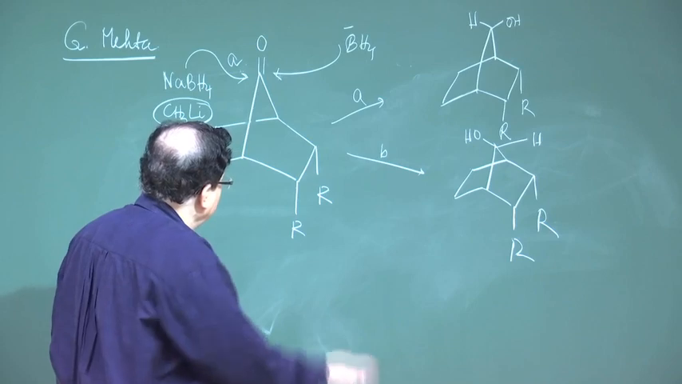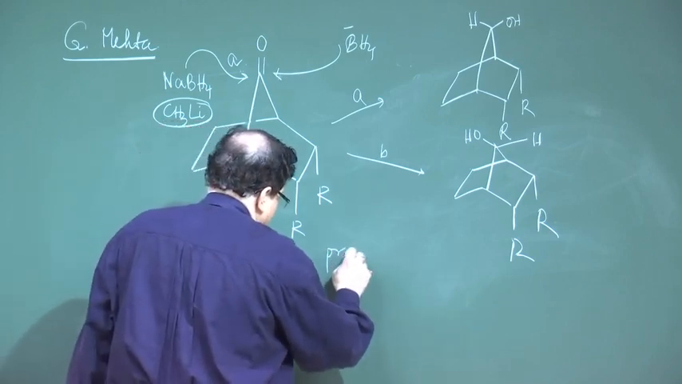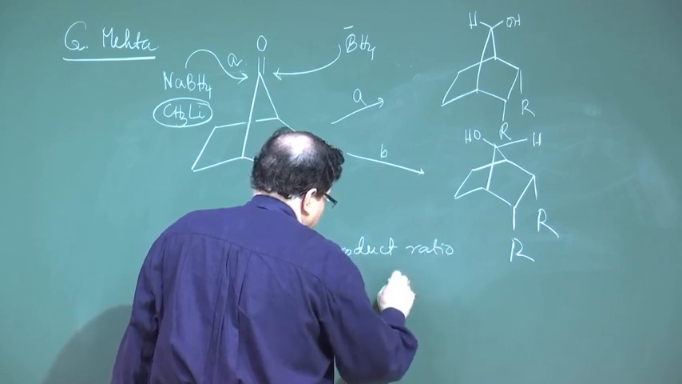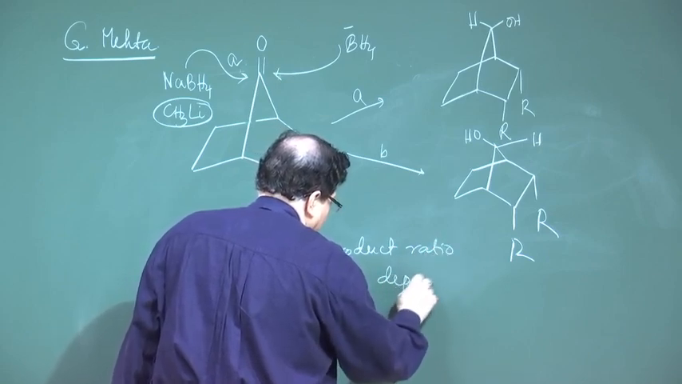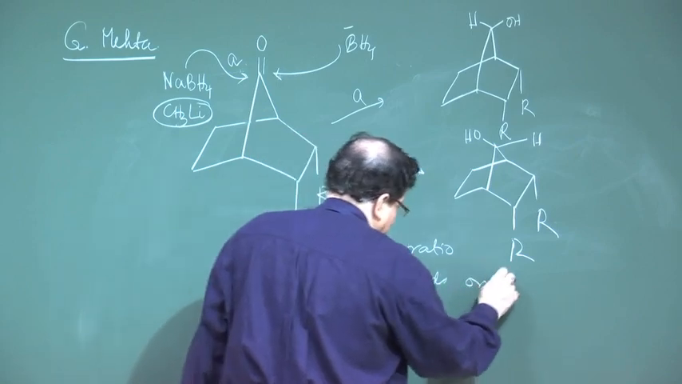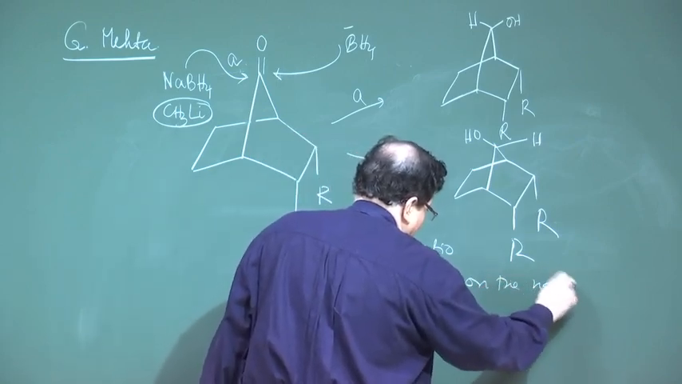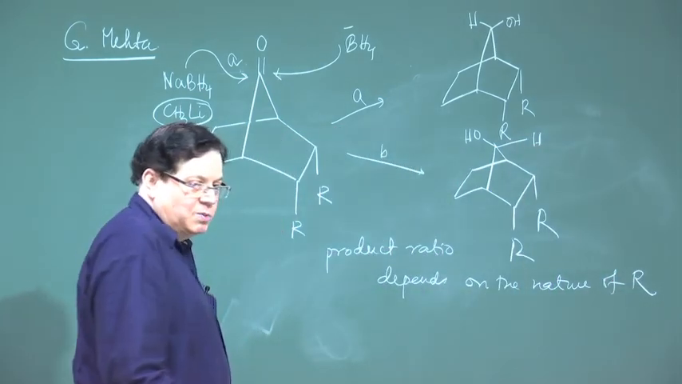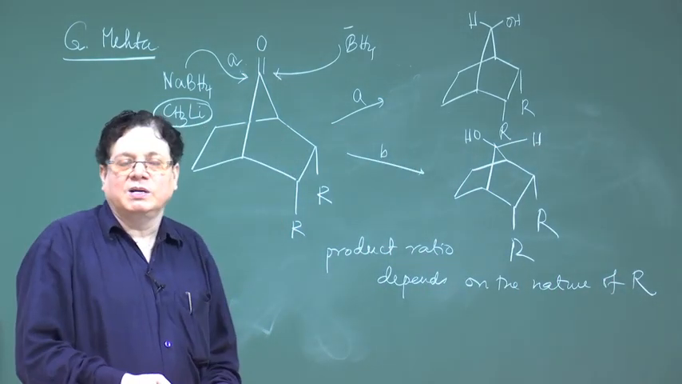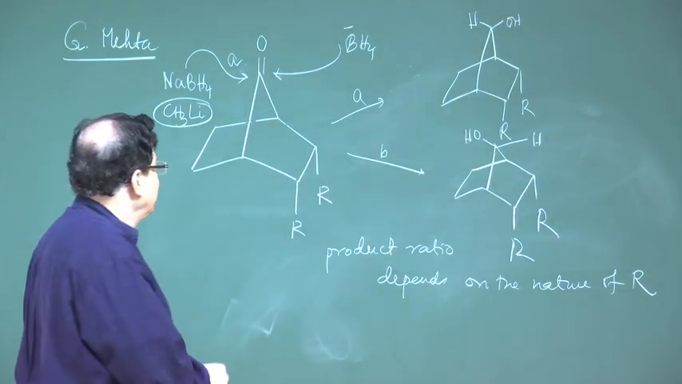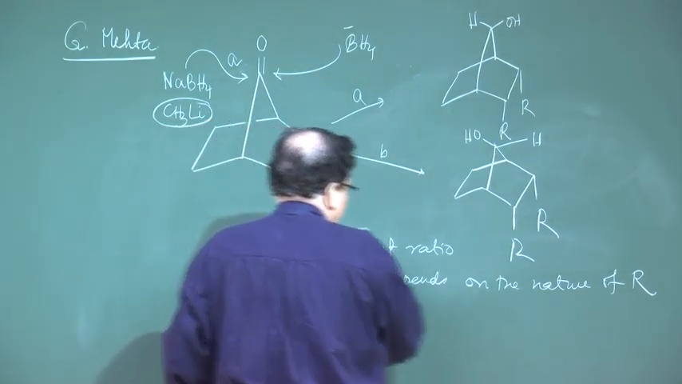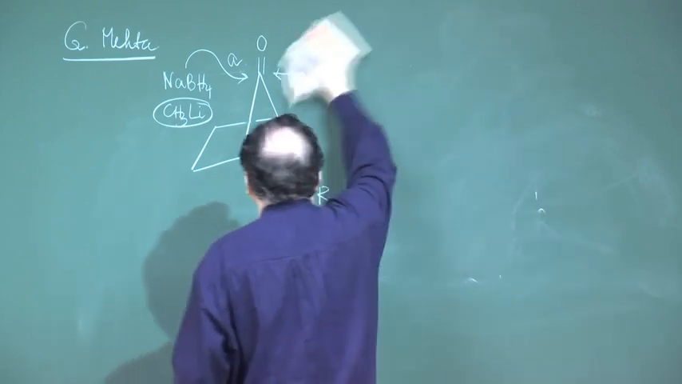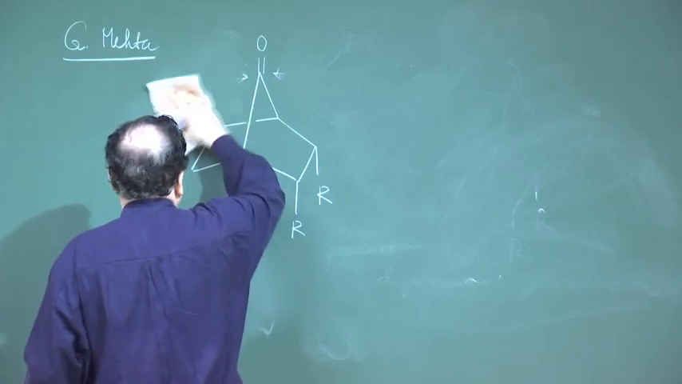So, what he found is that the product ratio depends on the nature of R groups. Okay. R groups can be of two types, either electron donating or electron withdrawing. Okay. So, that is the first thing, that it depends on the nature of R. So, how does it depend? Now, let us draw the orbital picture like what Cieplak did, that